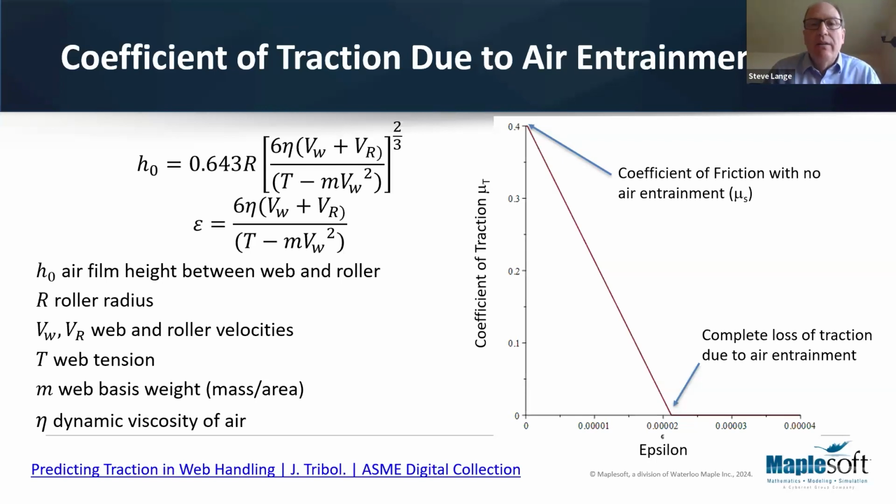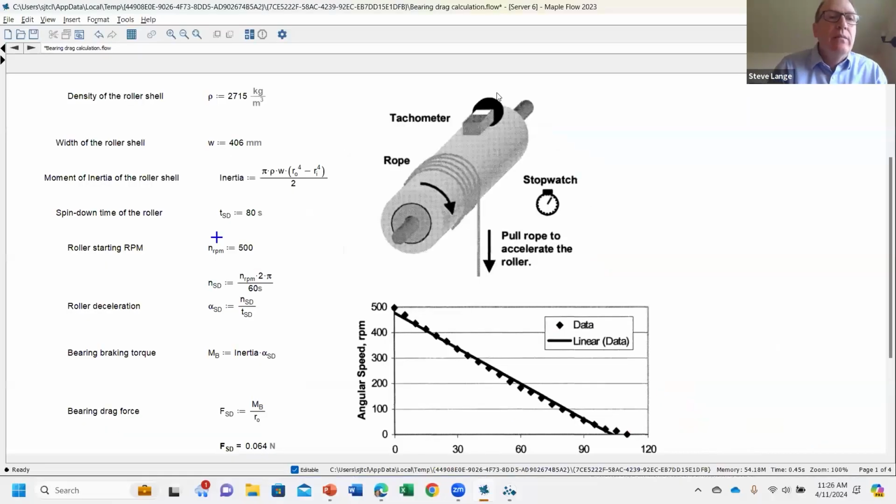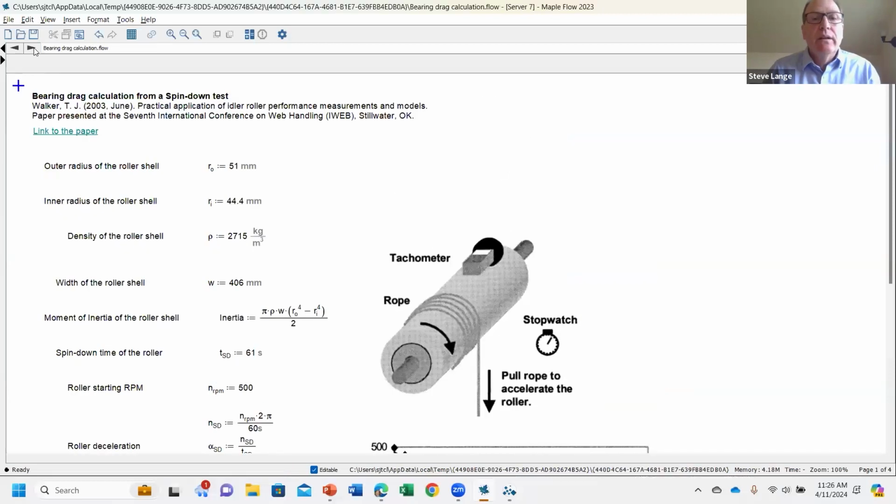So in this plot, we show at 0 epsilon meaning that you have no air entrainment effect. You may have a static coefficient of friction of 0.4, but as you increase the speed, you may start to lose more and more of this coefficient of traction. So we have an example again in MapleFlow of this calculation